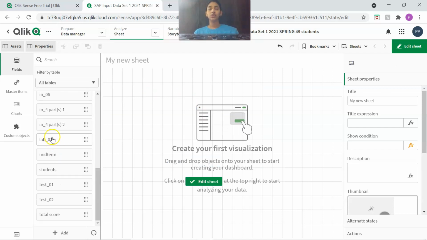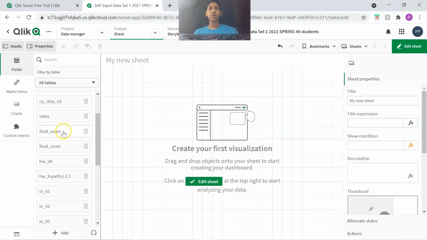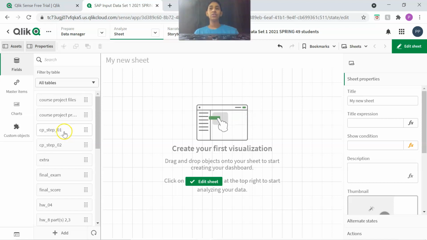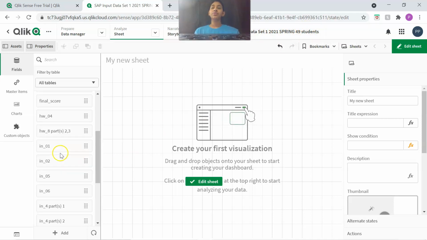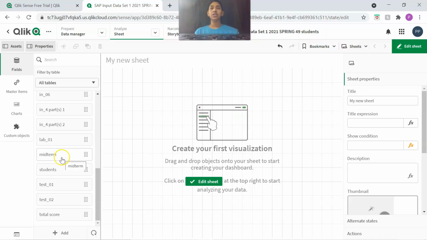So today we are going to create the chart like average class scores for 2021 semester. So here you can see this is my 2021 spring semester students academic performance dataset. So for this dataset, let's create a chart called average class score for each and every assignment.